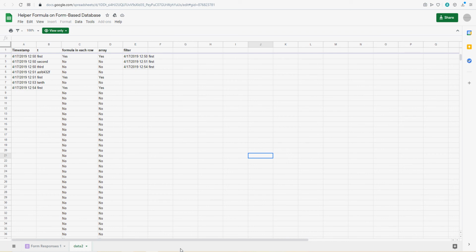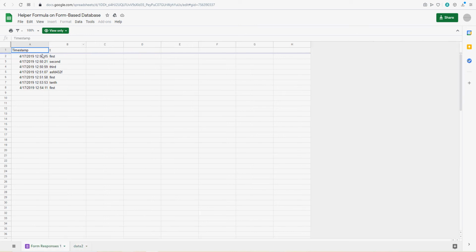SmartHelping.com here with a follow-up to one of my most popular pieces of Google Sheet logic. You're filling out a form and you have data coming in here, and then you want to sort and filter it. You might use a query function or whatever in order to